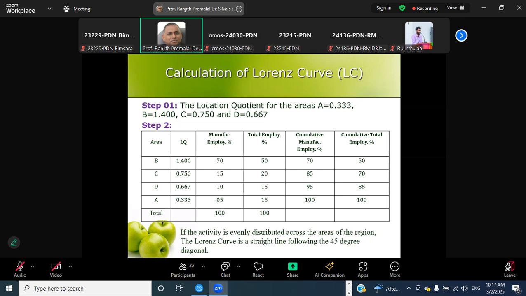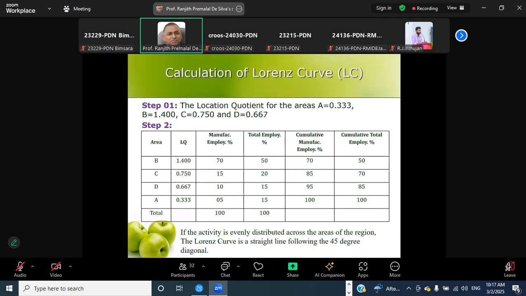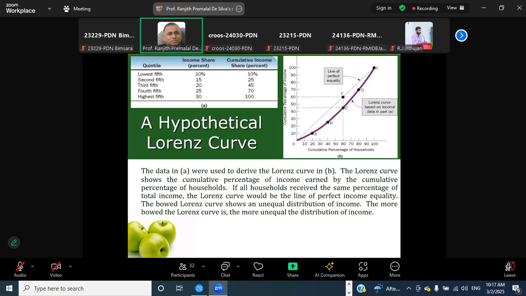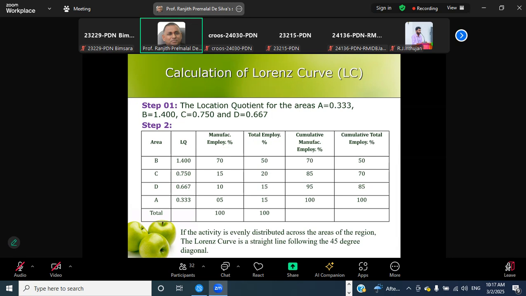So then what you do is you plot cumulative percentage of manufacturing employment versus cumulative total employment percentage. So if you look at this graph, you can plot, sorry, my graph is missing. And if you plot this Lorenz curve of cumulative total employment versus cumulative manufacturing employment,